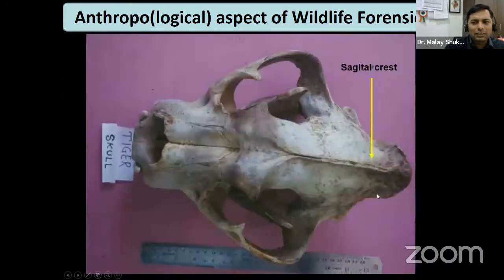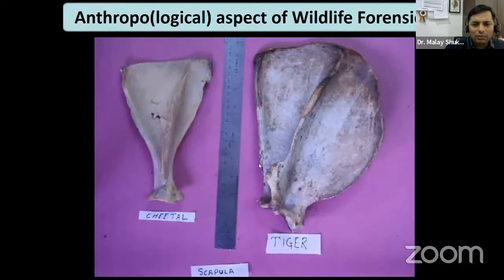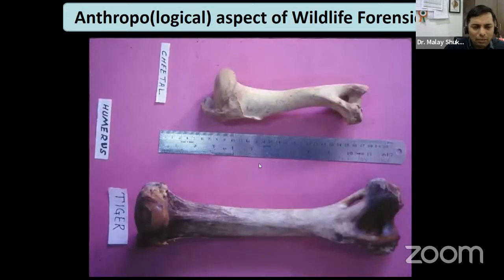You can see here the peculiar pattern of the sagittal crest will be different for the leopard as well as the tiger. In wildlife forensics, the most common confusion is whether it is a skull of a tiger or a leopard. It is easy to identify based on the eye apertures, the sagittal crest, and the nasal apertures. All these characteristics together form one morphological sketch or graph, and then we identify whether it is a tiger skull or a leopard skull. Likewise, the other bones are of tiger, leopard, a domestic species, or